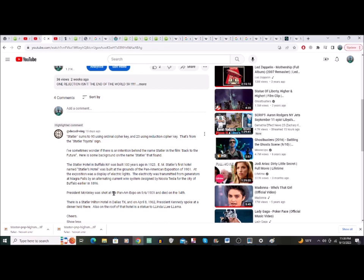Now, President McKinley was shot at this exposition where Statler's first hotel is built. He's not shot in the hotel, he's shot at a different area, but it's at the exposition. And he's shot on 9/6, so the 6th of September, and he dies on the 14th. So already we're seeing some pretty nice correlation here